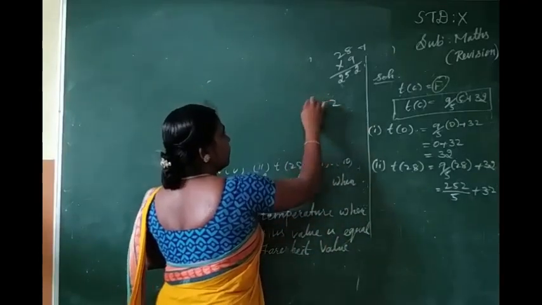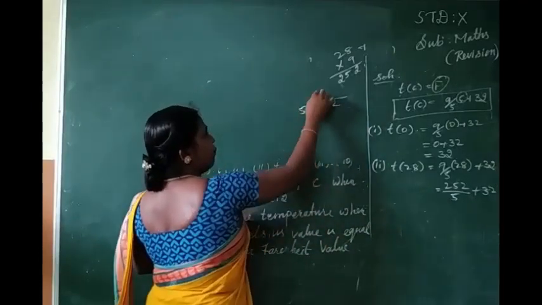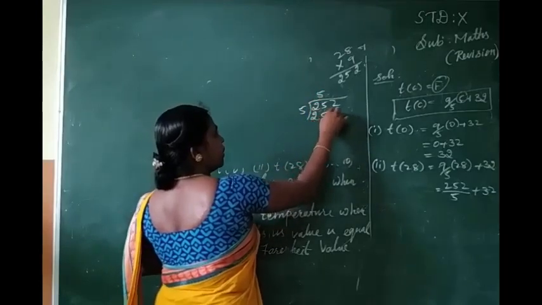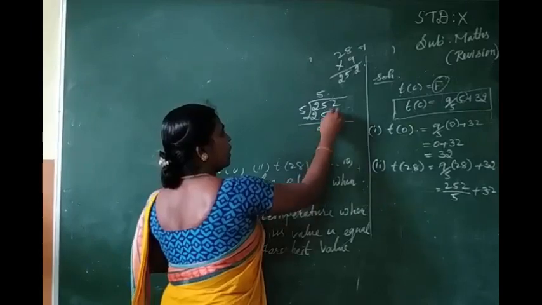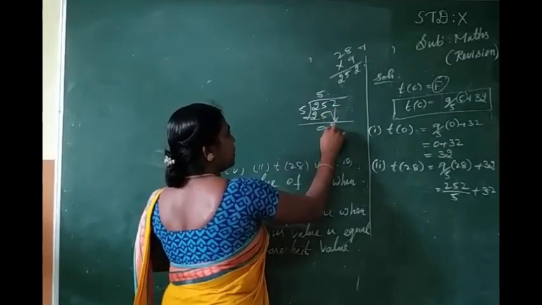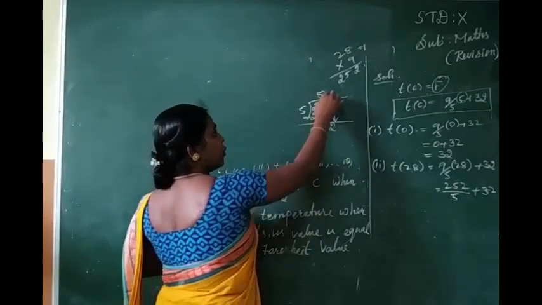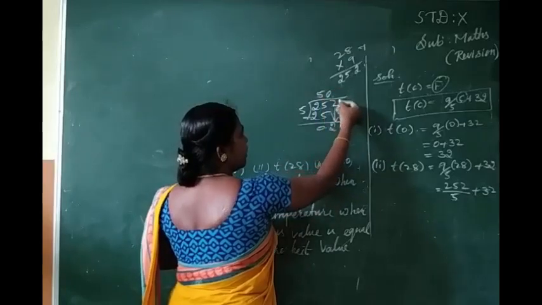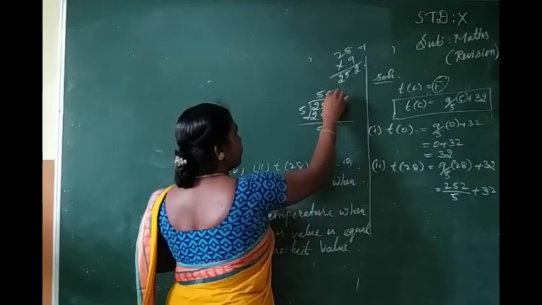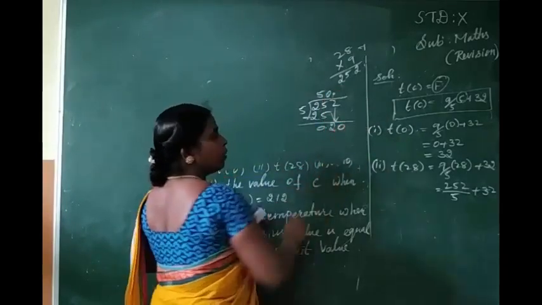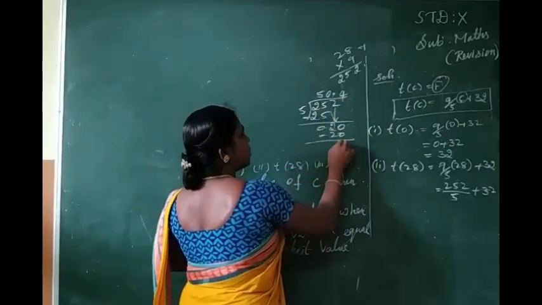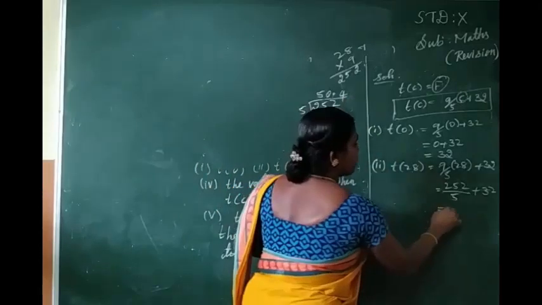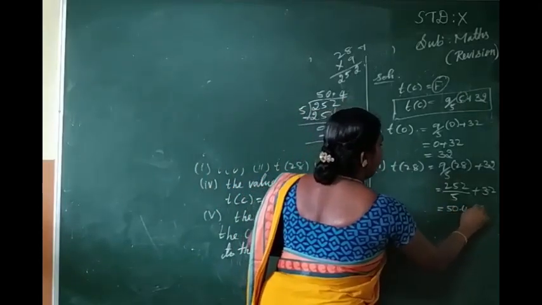252 divided by 5. So multiply: 5 5s are 25. Okay, 5 5s are 25. Subtract, 0. Next you have to take the next digit 2. So we cannot divide, so you put 0. So how to take the next place? But here it is not there, so put a point. Okay, 0. 4 5s are 20. So the answer is 50.4.